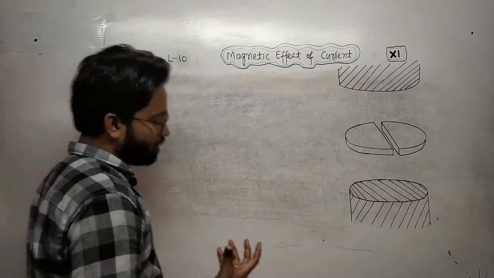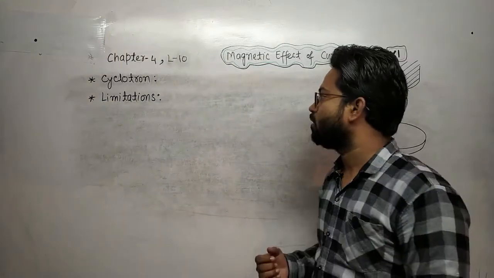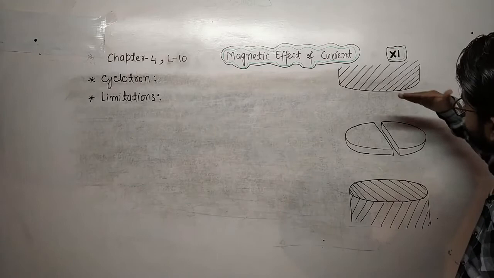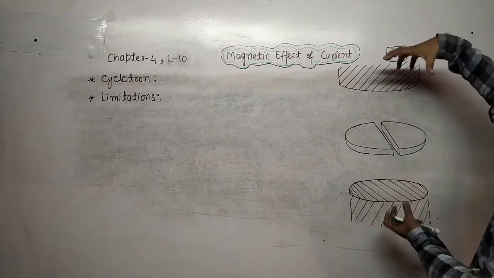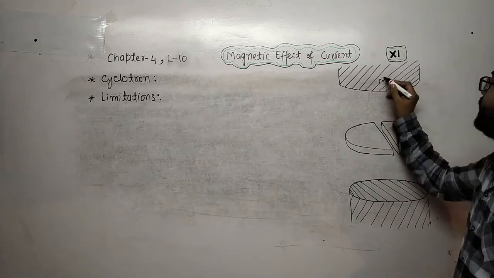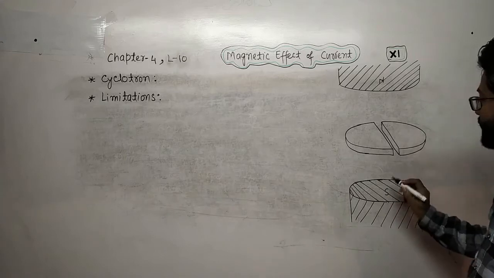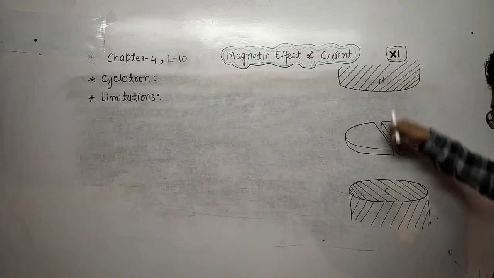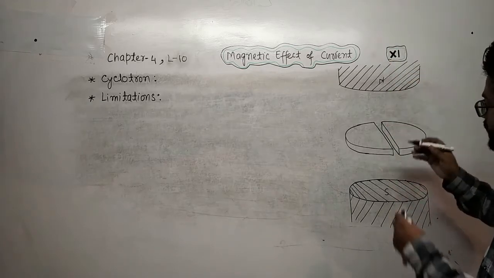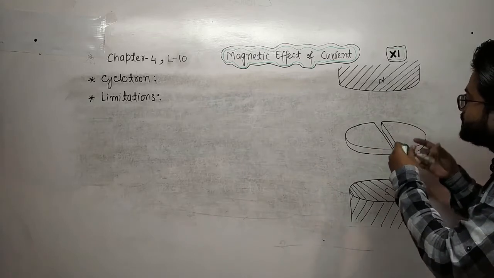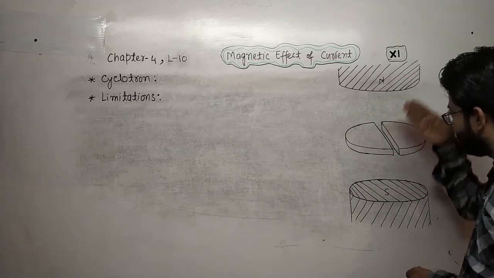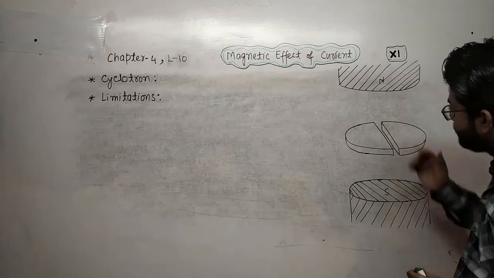First we will discuss the construction, how the device is constructed. It contains two magnets, a north and a south pole. Let us suppose this is the north pole and this is the south pole, so the magnetic field is perpendicular, directed from north to south in this direction. This is a disk; earlier it was a whole disk, but it is cut from the middle.